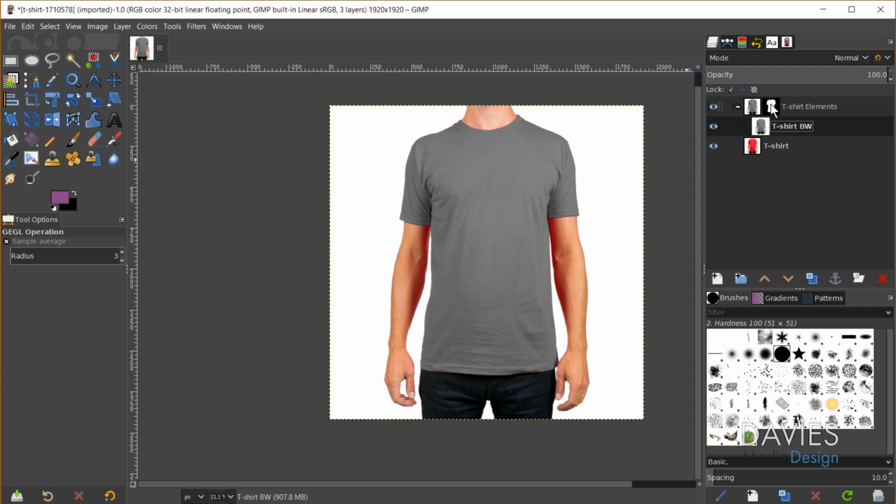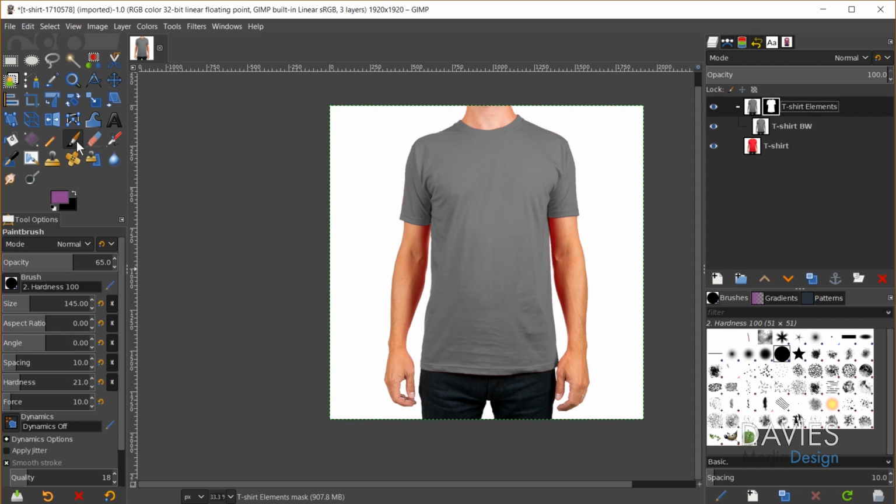So to do that, I'll come back here to the layer mask and click on that layer mask, grab my paintbrush tool, and let me come down here and make sure my colors are set to black and white. And let me shift so that my foreground color is white. My opacity of my brush is set down to 65 and my hardness is down to 21, so it's a